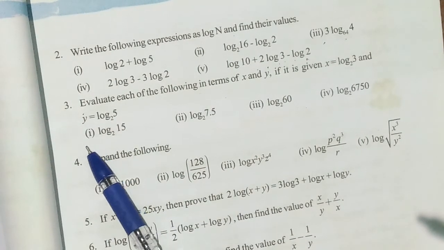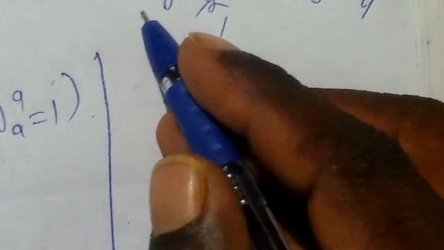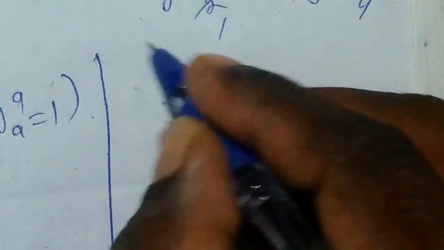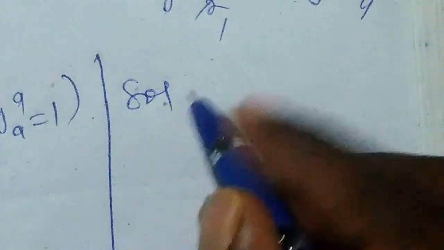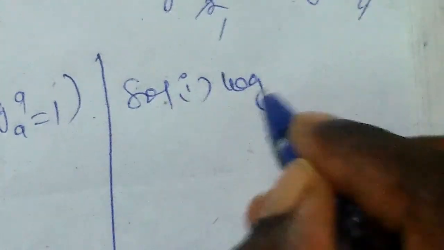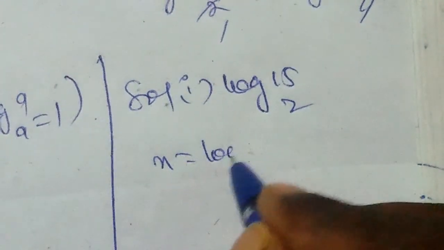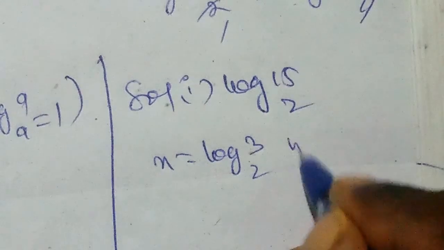What is the first problem? Log 15 base 2. Given solution: first one, log 15 base 2. Then x is equal to log 3 base 2, y is equal